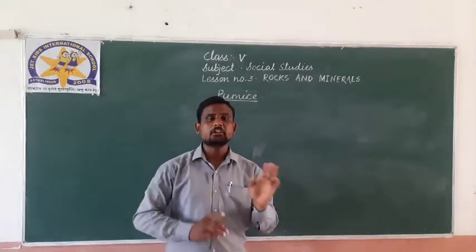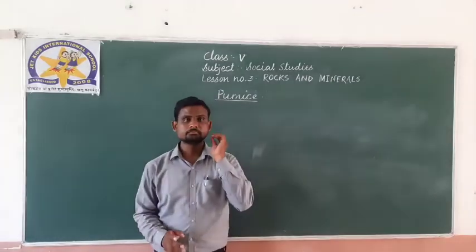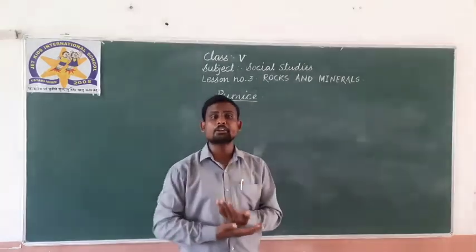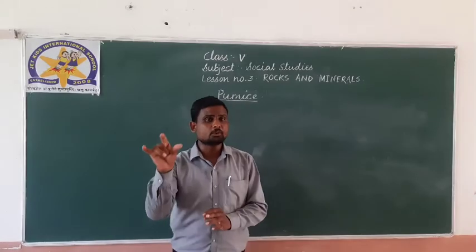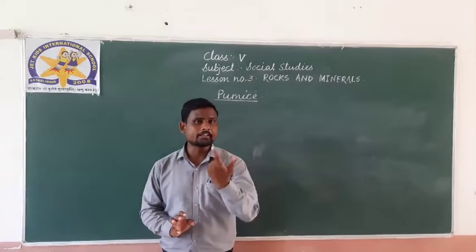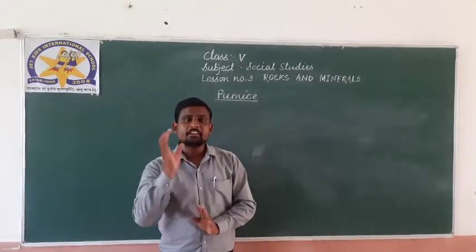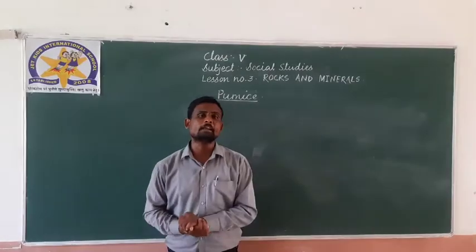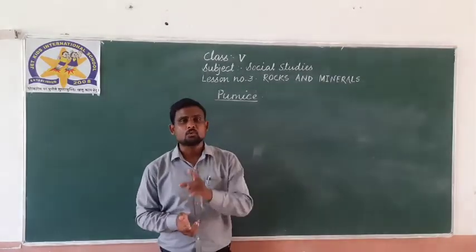They are light in weight. And one more thing about them, they can float on water. If you add them to water, they will not sink. They will float on the water surface. Why do they float on the water? Because of their light weight. And why is the weight of pumice rock very light? Because air pockets are present in them. So that's why pumice rocks are very light and can float on the water surface.